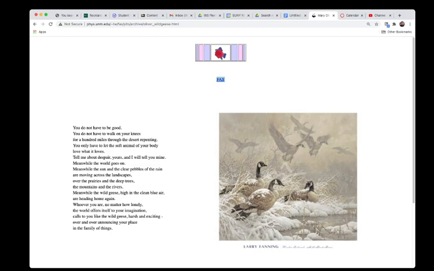The poem's title is Wild Geese. So right away, we know that geese may be important to the poem. They may not be. The title doesn't always indicate what's important to the poem. But we can see that the phrase wild geese is repeated twice, once here and once here in the bottom of the poem near the end. But there might be other pieces of repetition that we latch onto.